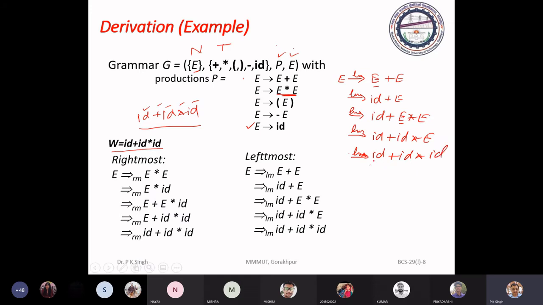So you have generated the string using this grammar. Now see the rightmost derivation.